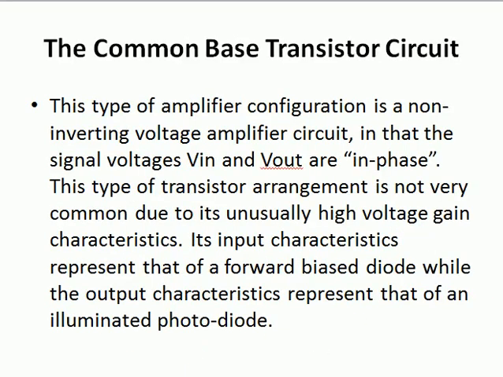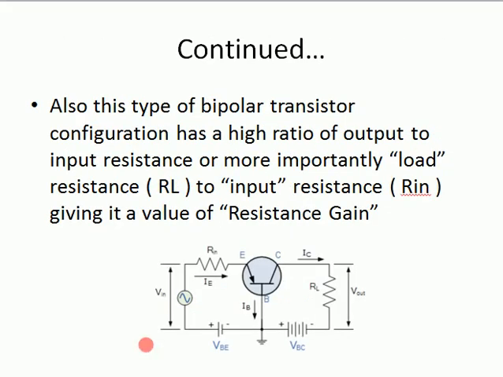Now we will discuss the common base transistor circuit, in which we will see which current is flowing, which is the high current and which is the lower current. As we know, a transistor can be used for amplification or for switching. As you have seen in this figure, at the input side we are giving the AC signal, so here we are discussing the amplification process. All these configurations, whether common base, common emitter or common collector, are used for the amplification process.